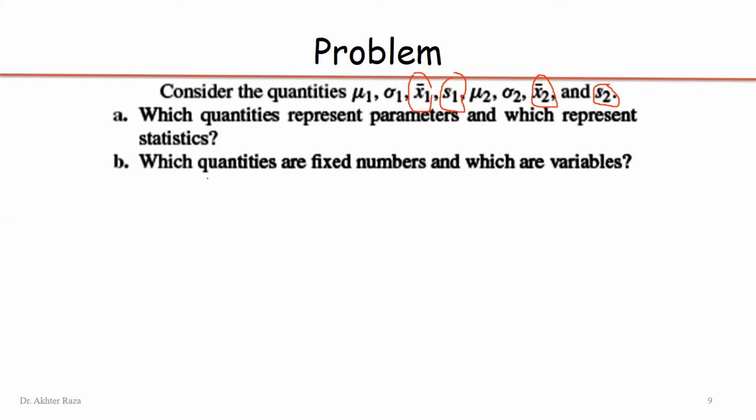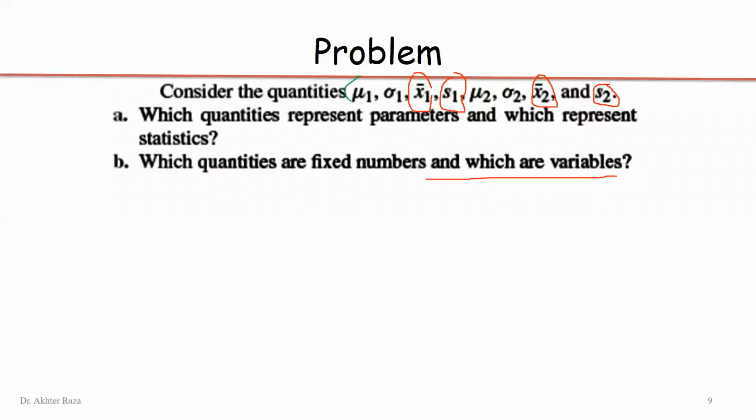So all statistics can serve as a variable. So these are the variables. We can construct the sampling distribution of the mean. We can construct the sampling distribution of the standard deviation. We can construct the sampling distribution of the difference of two means. We can construct the sampling distribution of the ratio of the two sample standard deviations. These are the topics which we have to cover later in the remaining chapters.